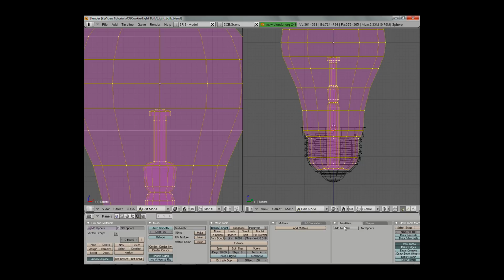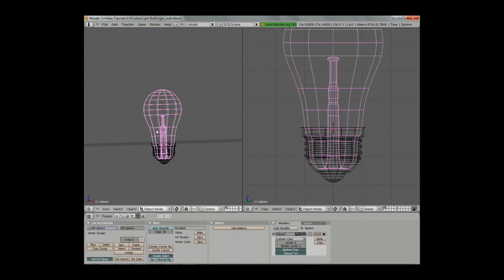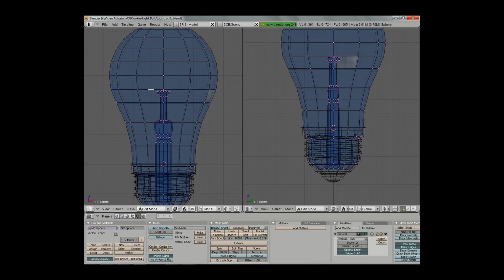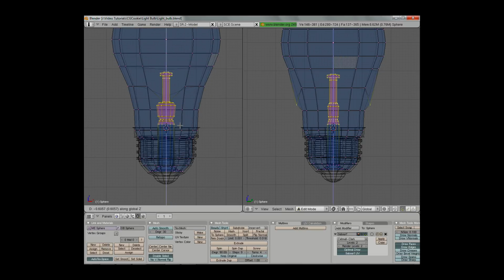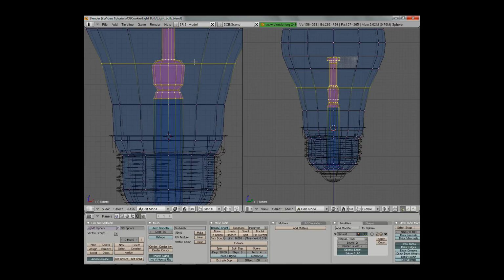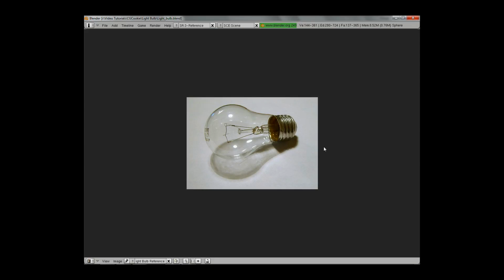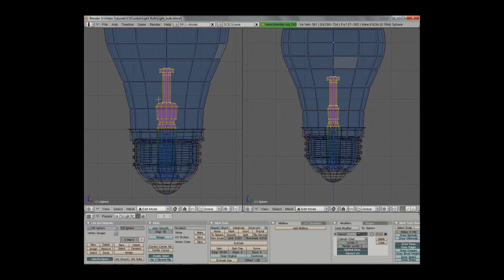Let's select everything, add in a Subsurf Modifier, so we can start to see it. And now the inner portion is way too tall at the moment, and so let's just select it and take it down. Make sure I don't have anything else selected. And we can see that this portion is right below the curve of the bulb,